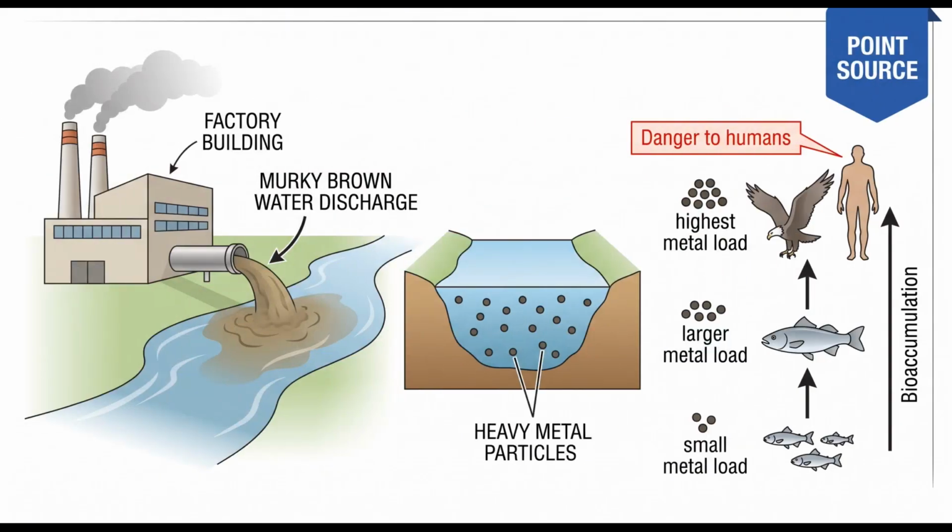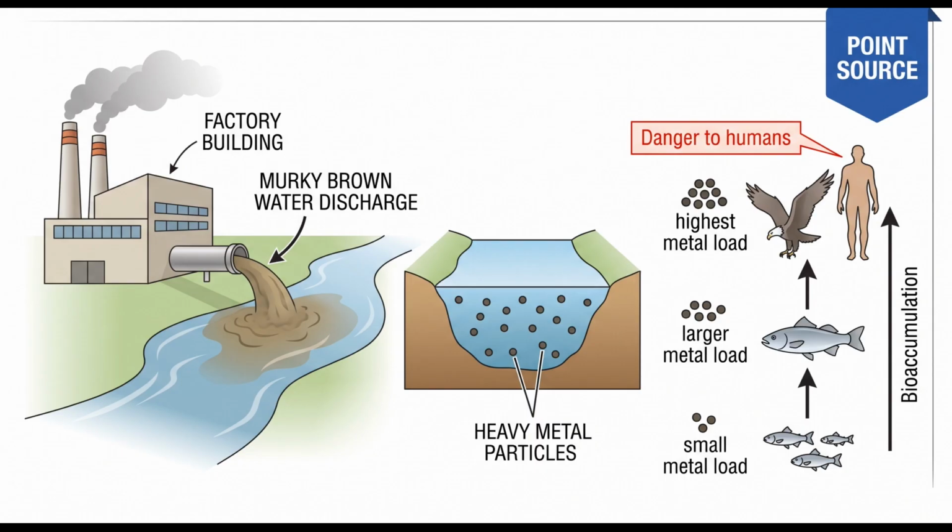Industrial pollution is the classic point source. Look at the diagram on screen. Factories discharge wastewater through pipes directly into rivers, canals, or coastal waters. The pollutants are heavy metals such as mercury, lead, and cadmium, industrial chemicals and solvents, and sometimes heated water, which reduces the dissolved oxygen in the receiving water body.